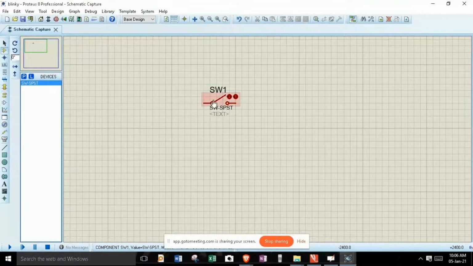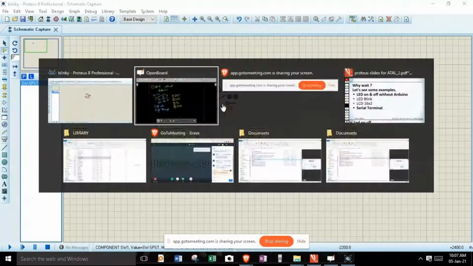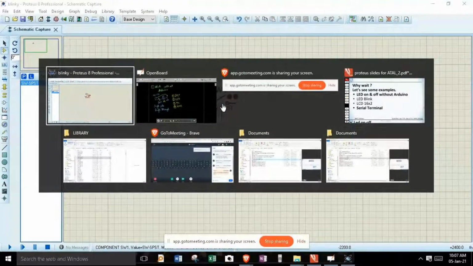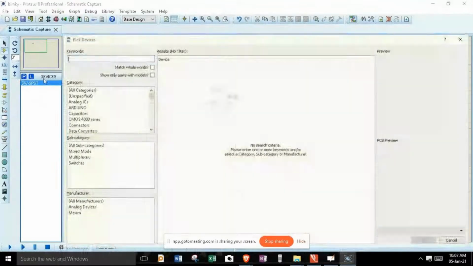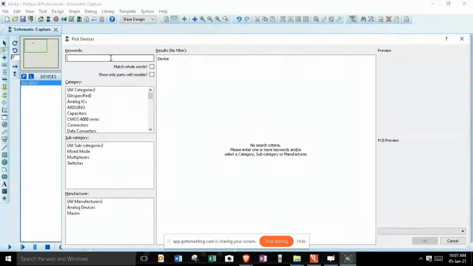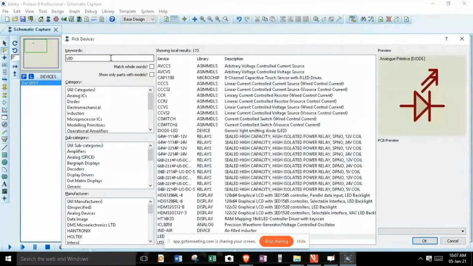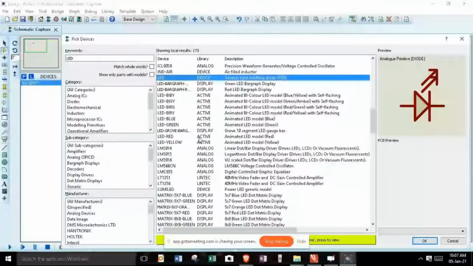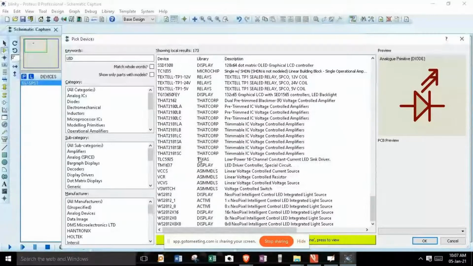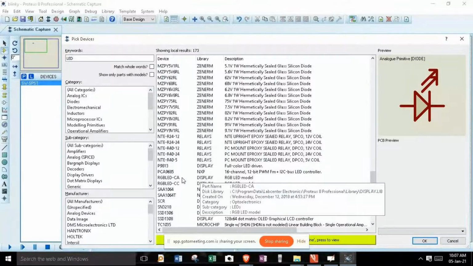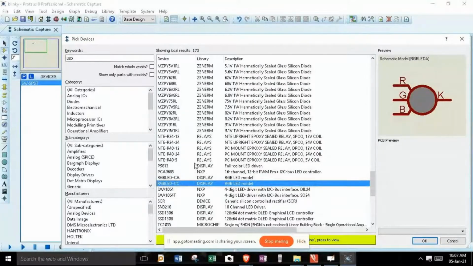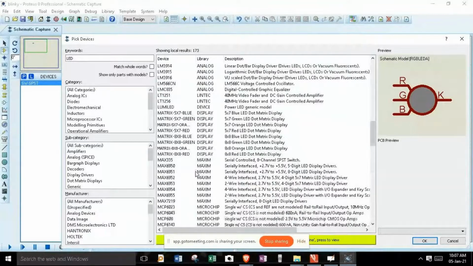Okay, right now we have placed the SPST switch, and right after this I require an LED, and let's search for LED. You can see that there are a lot of components available.